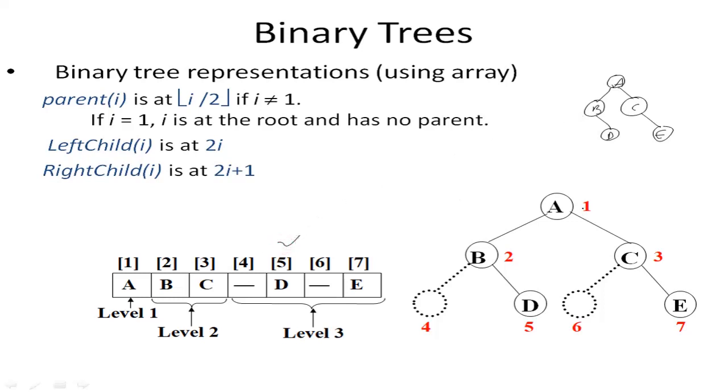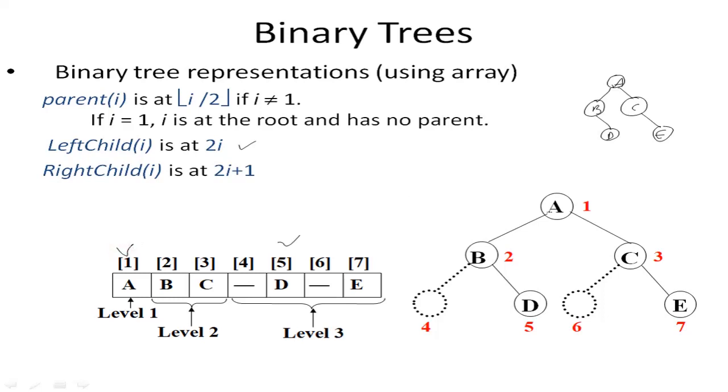Okay. So I have numbered them top to bottom, left to right, 1, 2, 3, 4, 5. Even if the node is absent, I will have to number it while saving. Okay, so instead of numbering these and all, there are just these simple formulas. So if I have to find a left child, let us try to save this particular tree. So first element is anyways at index number 1, so I just save it here.